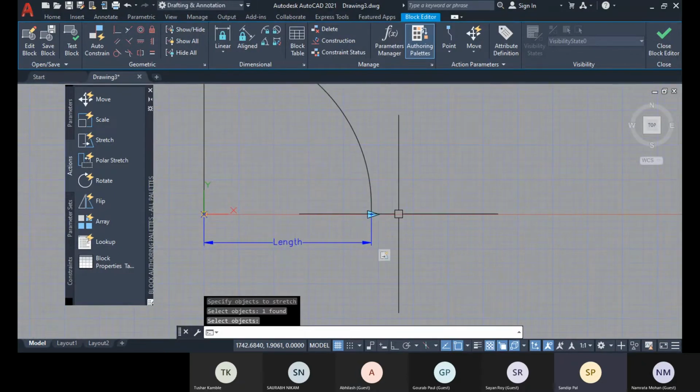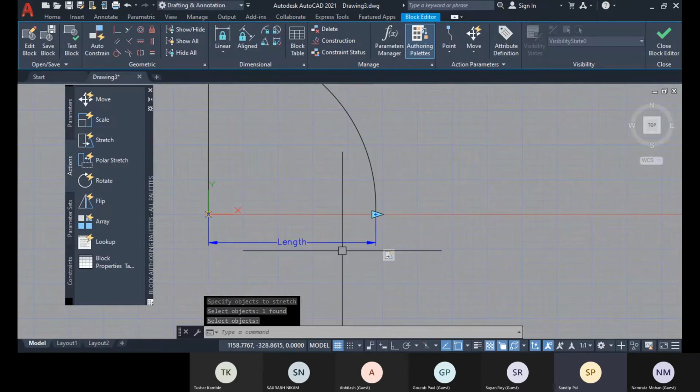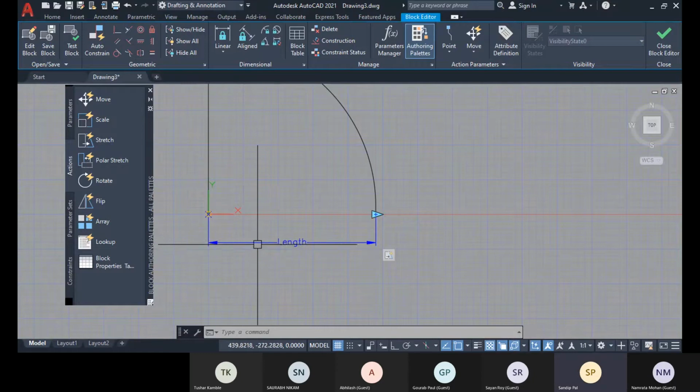Okay, and you press enter. After selecting the object, you press enter. So you have placed your parameter and action. Now you can see that yellow exclamation mark is not visible anymore. That means this stretch action is applied on this parameter, and here you see this stretch action is there.